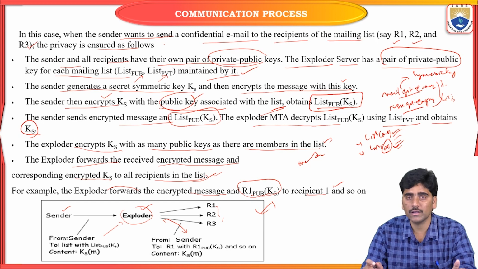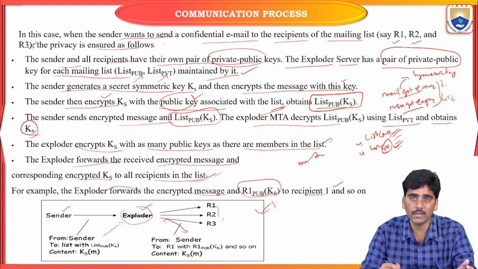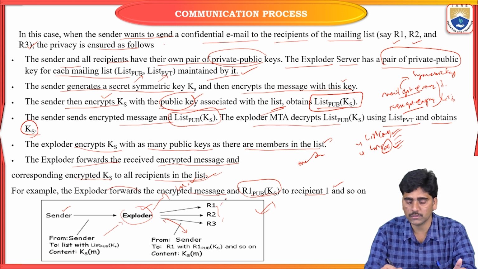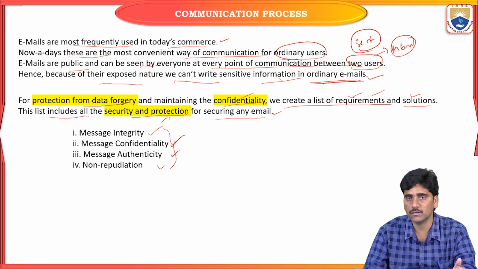And in the one to distribution list, the explorer maintains the list of recipient mails along with the list of public keys as well as private keys from both sender and receiver. All these public keys and private keys are maintained in this explorer, so that the explorer sends a list of public keys to the receiver side based on the availability of the keys. So this is the one to distribution list.